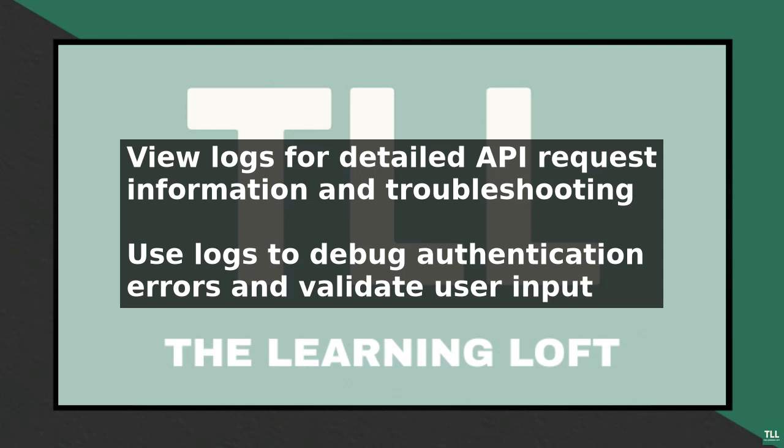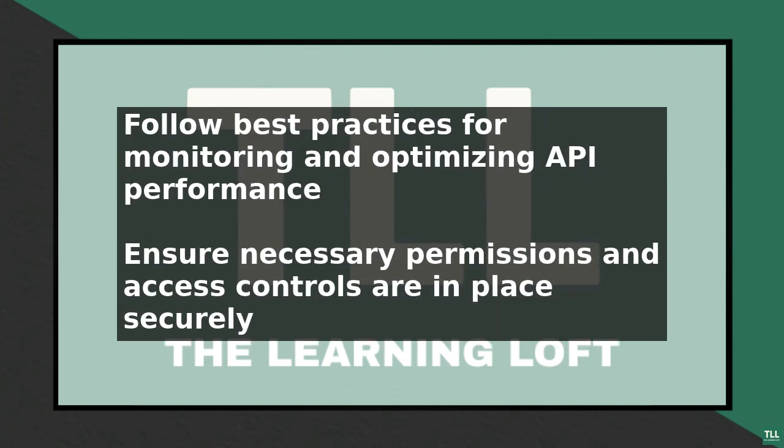Best practices for monitoring AWS Amplify API category include setting up alarms for key metrics, regularly reviewing logs and usage data, and optimizing API performance and security. Additionally, you should ensure that you have the necessary permissions and access controls in place to secure your API and data. By following these steps and best practices, you can effectively monitor your AWS Amplify API category and ensure that